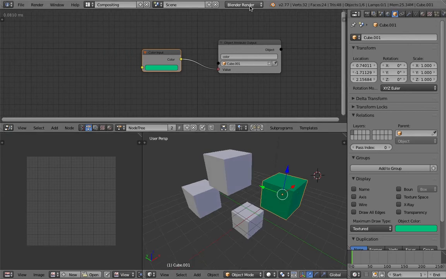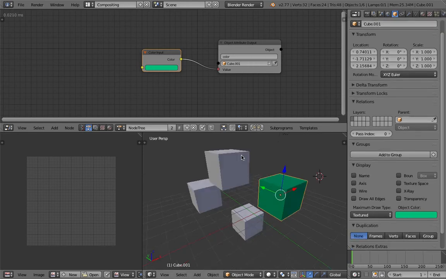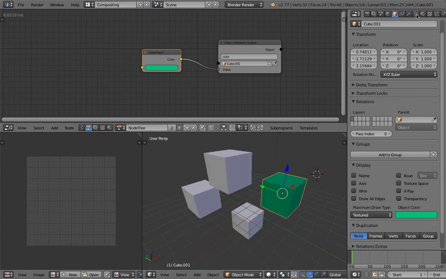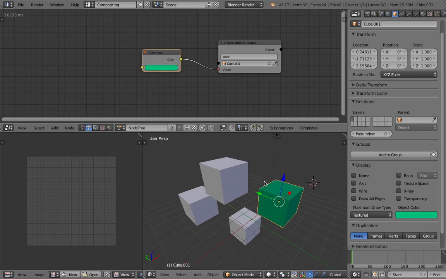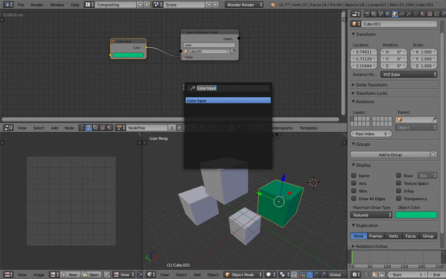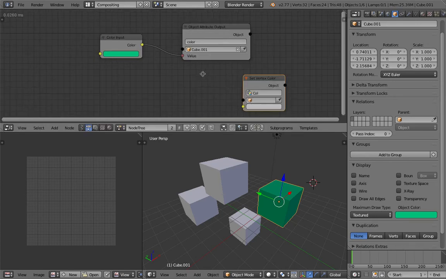But if you switch to Blender Cycles, it's not going to work, because Blender Cycles does not recognize this object color. Blender Cycles, however, recognizes the color vertex data. So Blender Cycles can use the color vertex data, and as we know, in animation nodes we have the set vertex color. So animation nodes